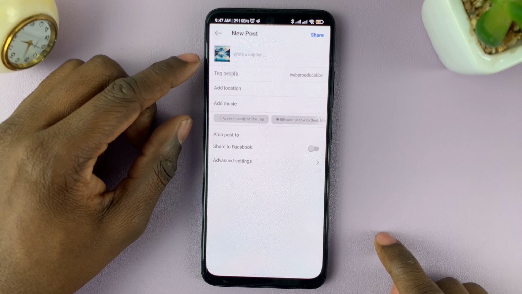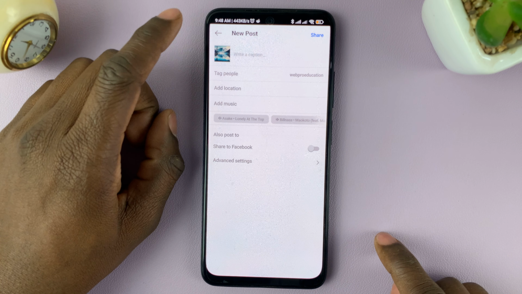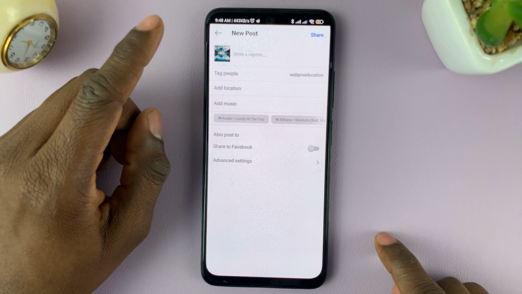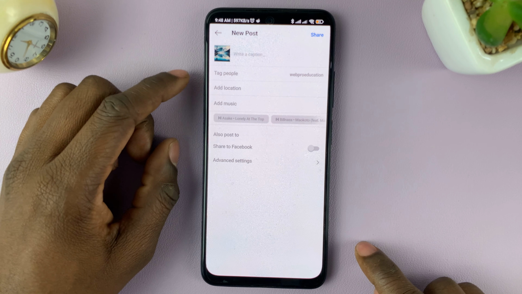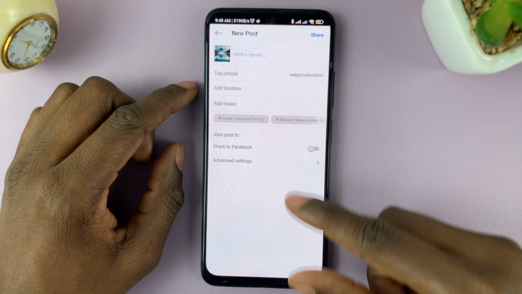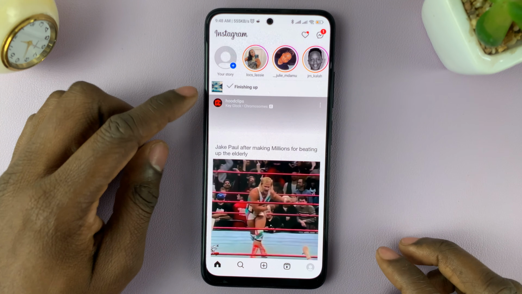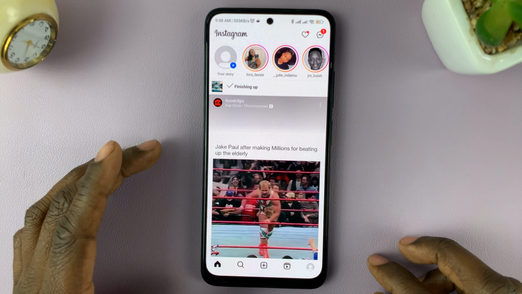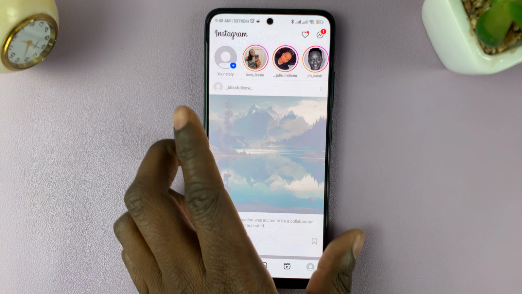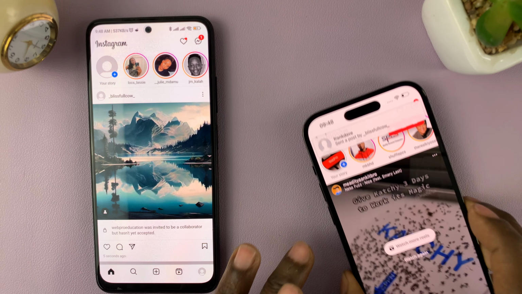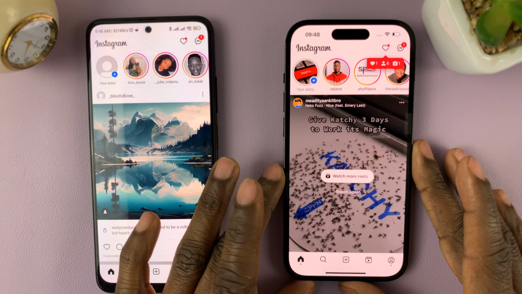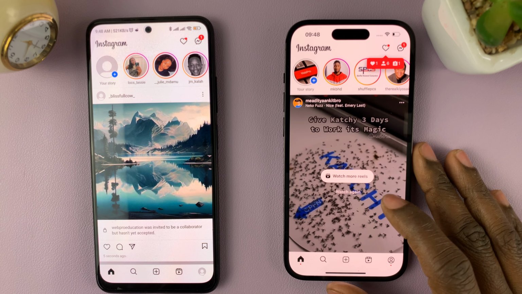And from here, you can edit the description, you can add the location, or you can add music to that particular post. Once you're done editing the post, tap on share, and then give a few seconds for Instagram to process that post. Now, on the other account that has been invited to be a collaborator, they'll receive a